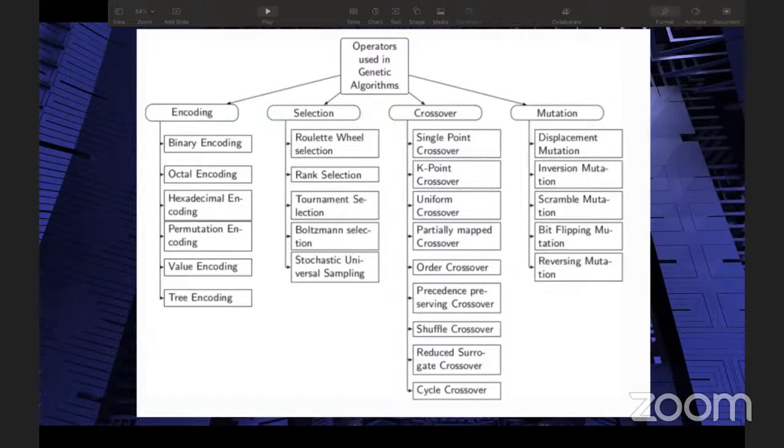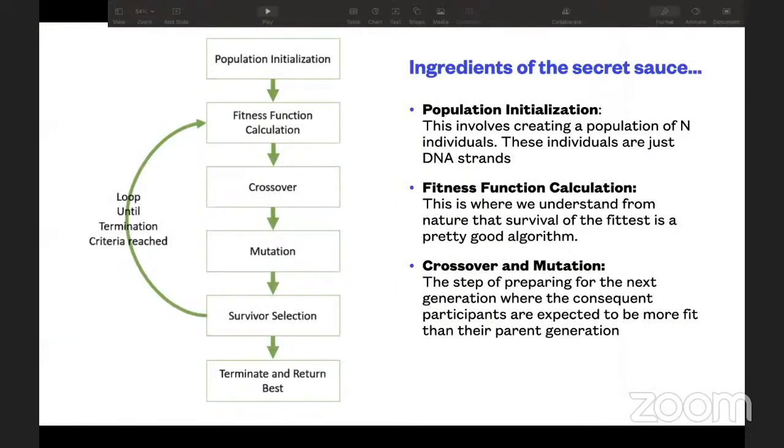And if this process is repeated multiple times, then slowly we have cars which perform better than the previous generation. And finally, we come up with a car which is having full self-driving features.